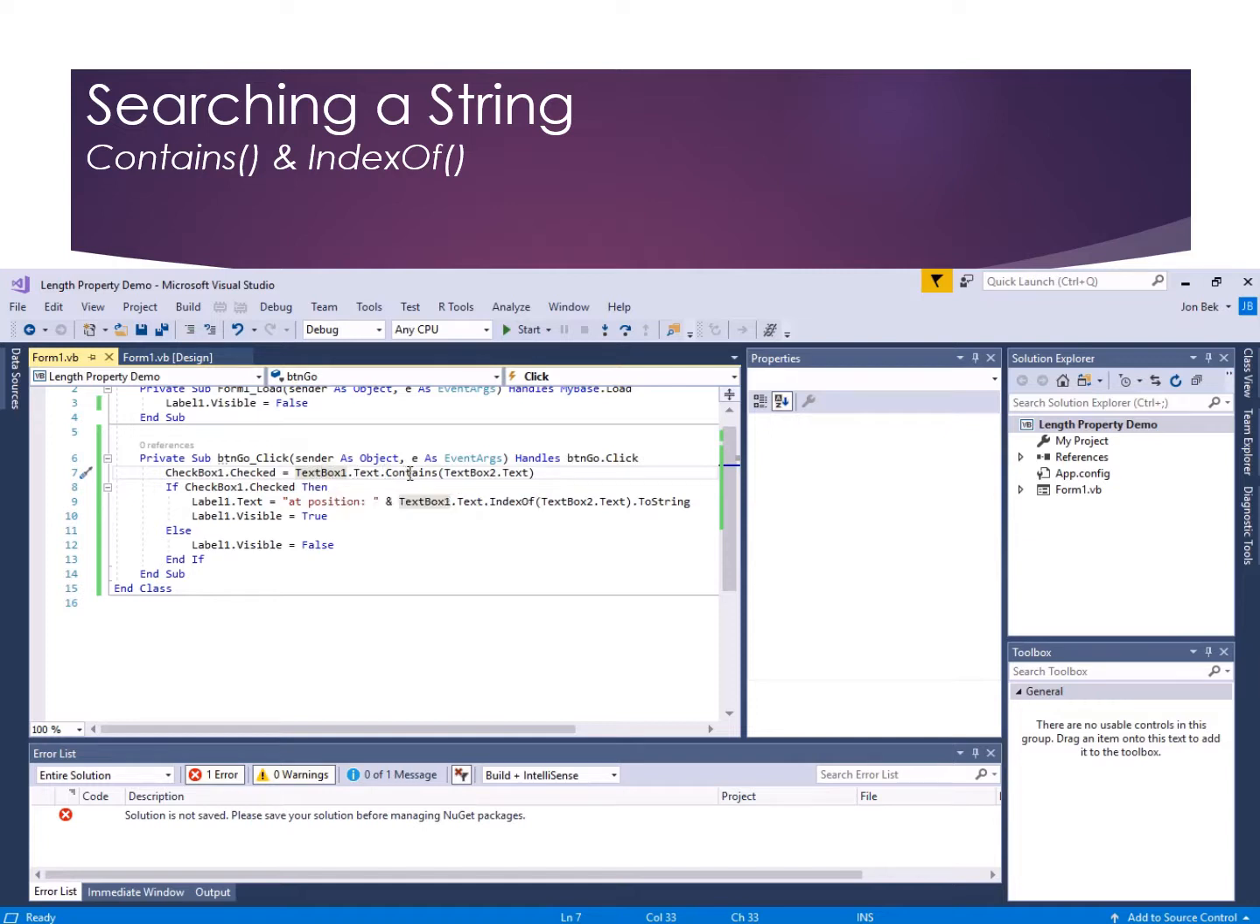And textbox1.text contains, and then we look at whatever the textbox2.text is, and this also evaluates as a string expression. So if string expression 2 is found in string expression 1, then contains is going to return a true. So if this is true, it's going to check the checkbox. Then we say, well, if checkbox1 got checked, then let's take that label and change its text